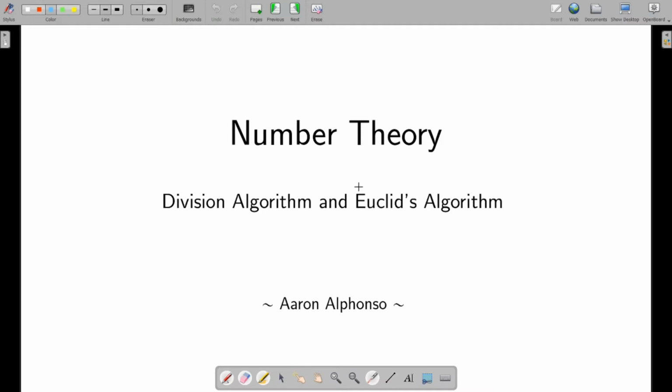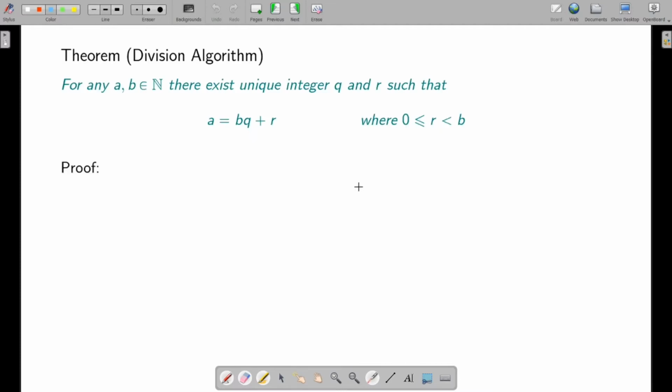Okay. So starting with the division algorithm, what does the division algorithm tell us? I have stated the most basic version of it here. Your notes have a more general version of this theorem. I purposely stated the basic version because the idea of the proof all comes from here. You can look at the proof of the more general theorem, but the idea of the proof is all here.